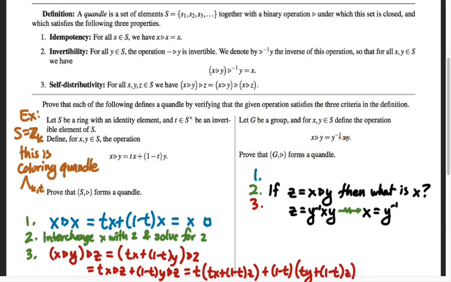Y inverse z, y. And I want to solve this for z. I'm using this as an opportunity for us to get back into our group theory brains a little bit and think about how we are going to solve this equation for z. I want to get the z by itself. Keeping in mind, and this is the most important thing about doing algebra in groups, that our operation is not